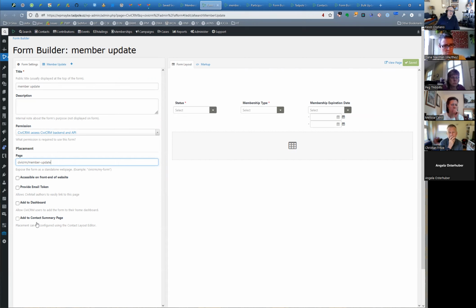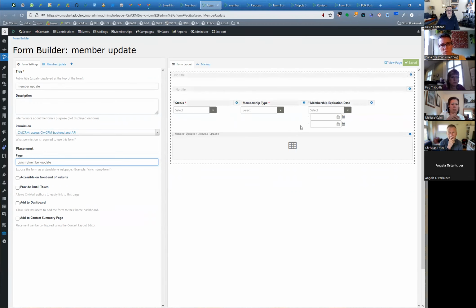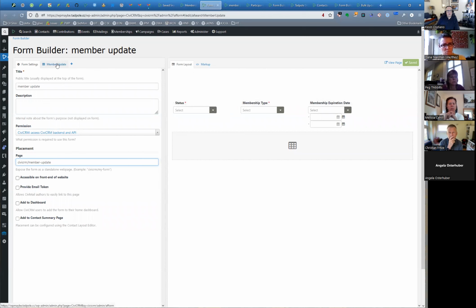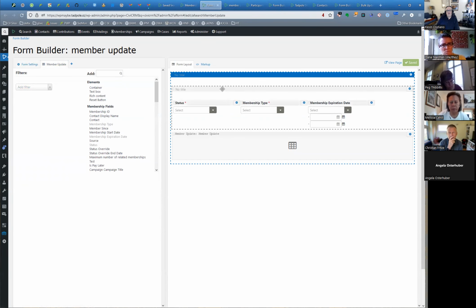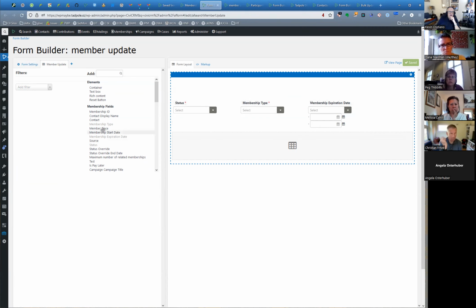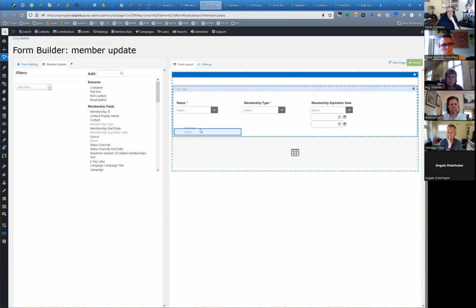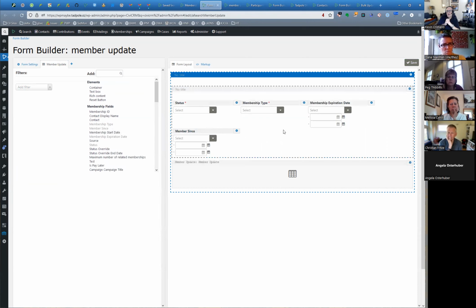And then there's other features that we went into last time about adding forms to the dashboard or to a contact summary page. The fields that we search on, we build from here. So I put a container here, and I said we might want to search on status, membership type, or membership expiration date. And what the heck, I'll add member since. All I have to do is drag and drop, and member since now becomes a search field. When I hit save,